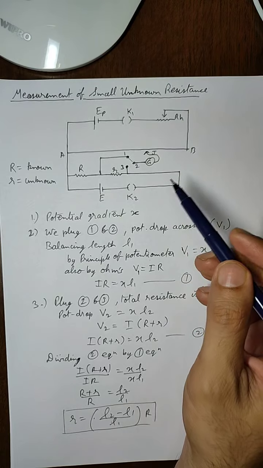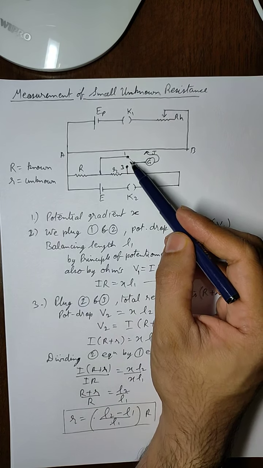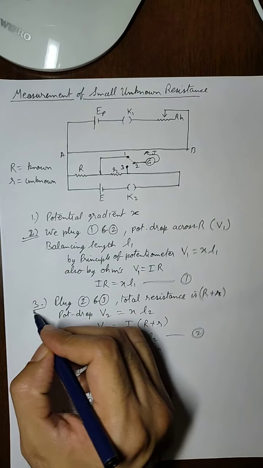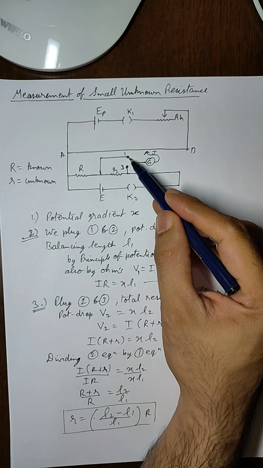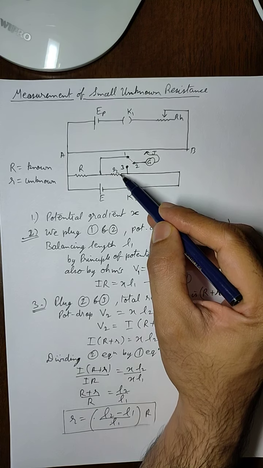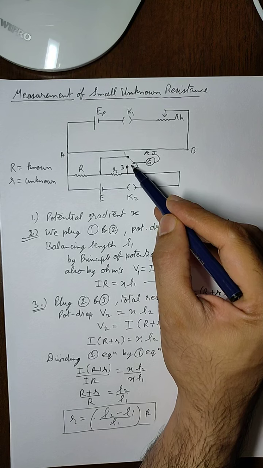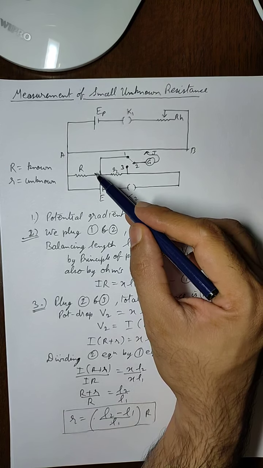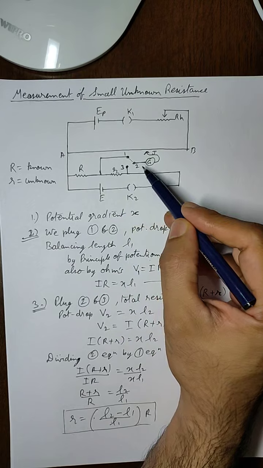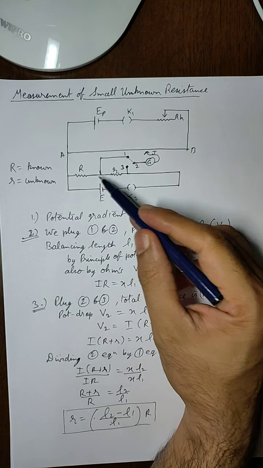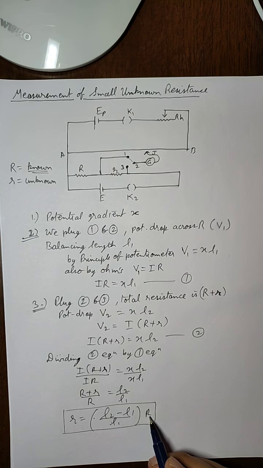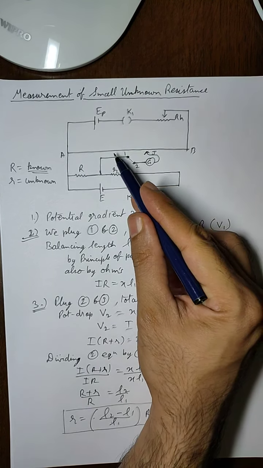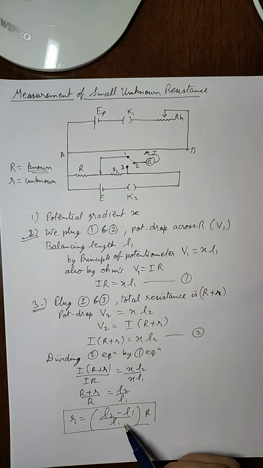Now when we are doing this, make sure you understand these second and third steps, what is happening, which resistance is introduced when we are plugging the key between 1 and 2, and which resistances are introduced when we are plugging the key between 3 and 2. That is very important. First we are introducing only capital R, and in the third step we are introducing both capital R and small r. And since capital R is already known to us, we can put the value of R here, and L1 and L2 we are calculating from the potentiometer, so we can find the value of the small resistance by using the potentiometer.